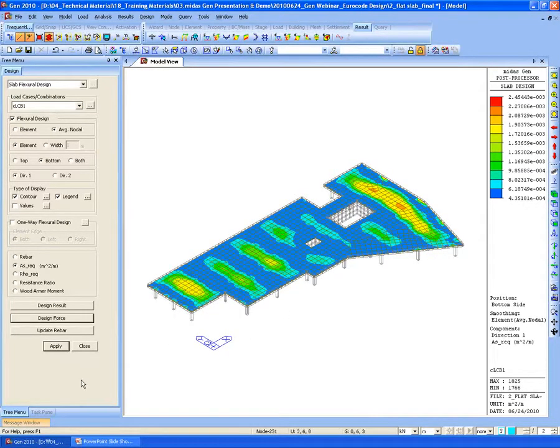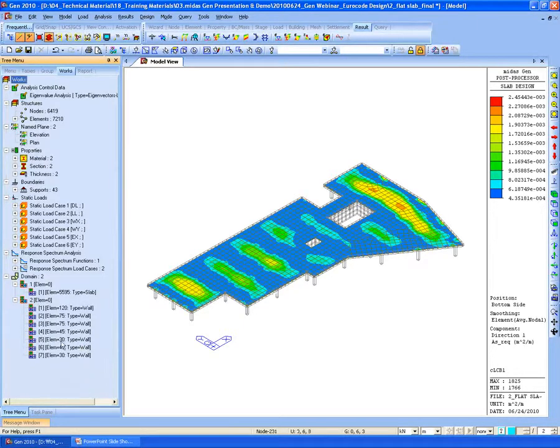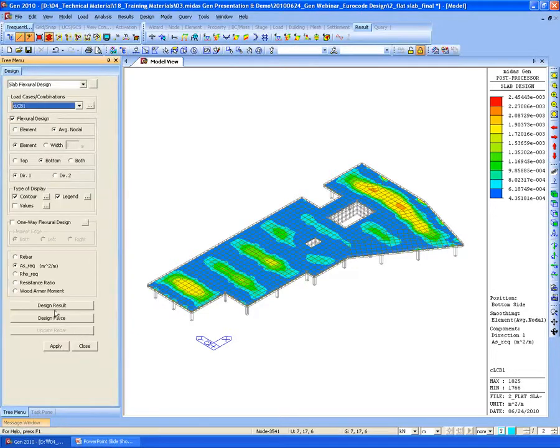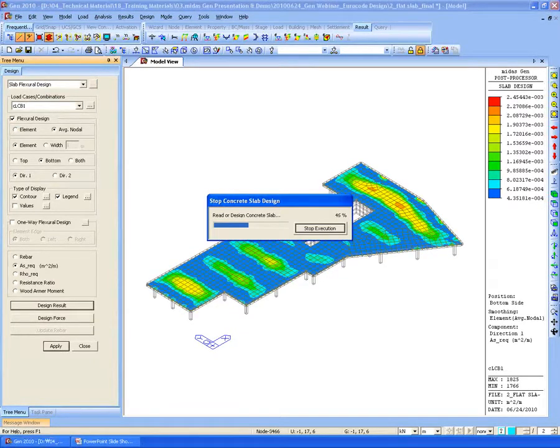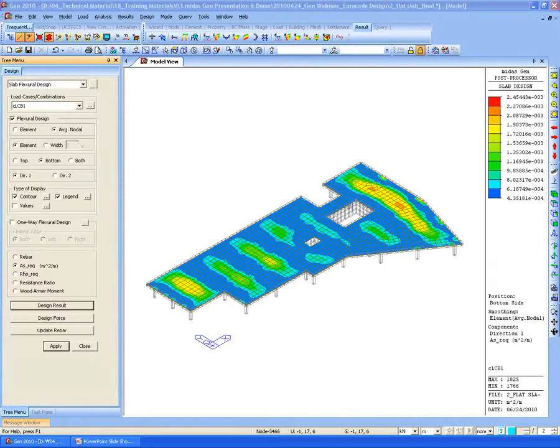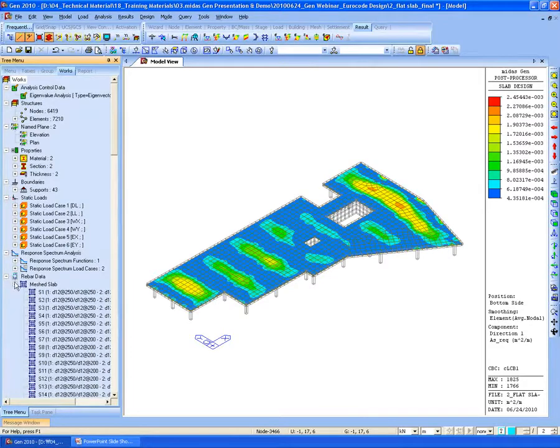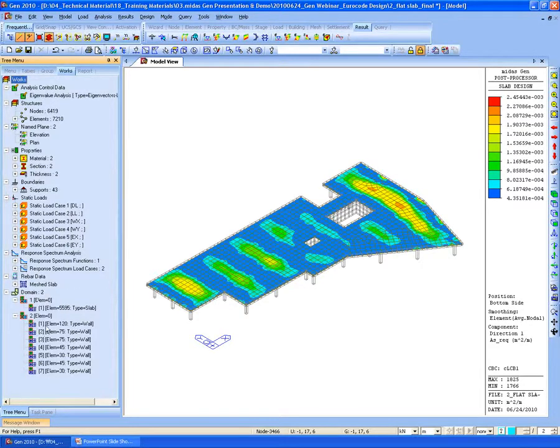Based on these results, I will update the rebar. Entering the rebar data. Once we enter the rebar data, this data can be checked in the tree menu as well.